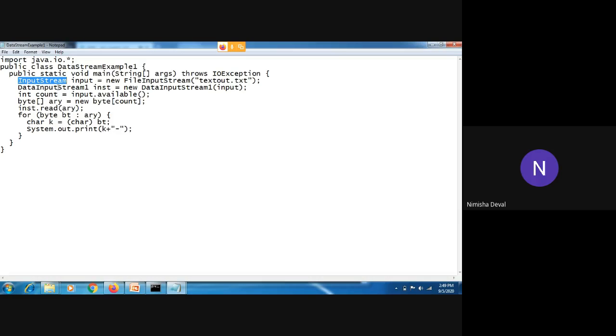Okay. Then that input object is provided to the data input stream. Then count is there. The available method is used to see the actual values available over here. Then byte array, read array values. Okay, according to that it will be converted.